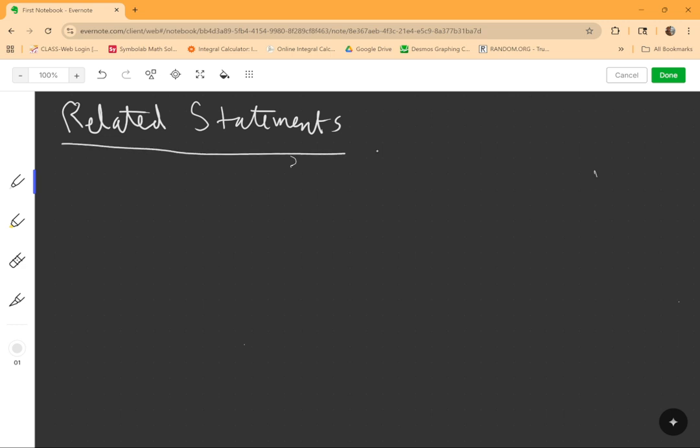Okay, so here we're going to take a look at some related statements. In the previous video we talked about implication, P implies Q. Here again, this is implication. We're going to look at statements that are related to the implication. If we have a statement P and a statement Q, the implication if P then Q, or P implies